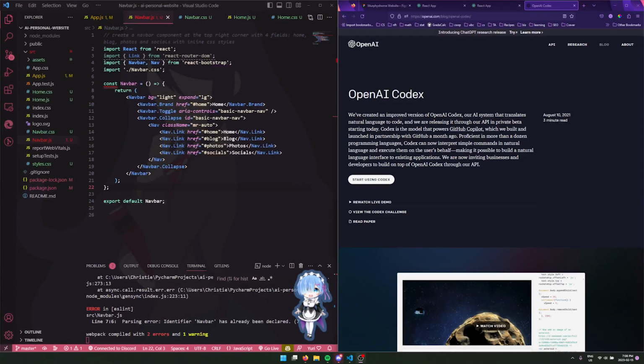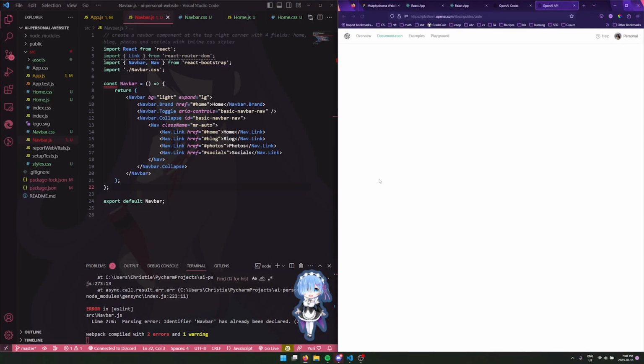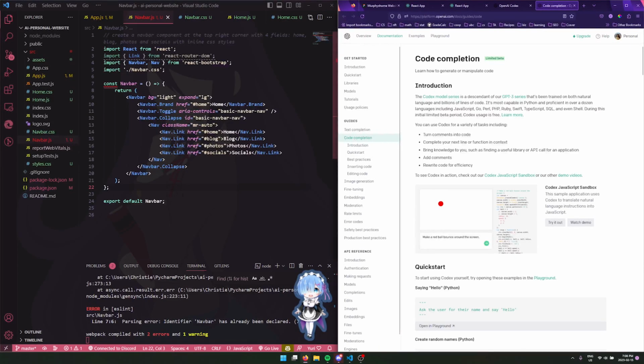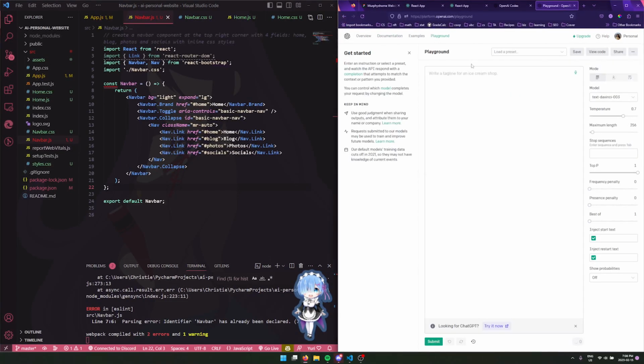So the last AI tool we'll be using is called OpenAI Codex. Now, you actually need to use an API key, but I don't have that set up in my Visual Studio Code. If you want to use it, there are definitely instructions on here on how to use it. But for now, I'll just be using the web page and basically just copy and pasting this in here.